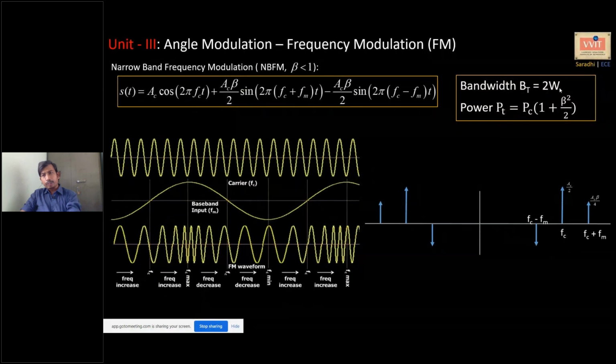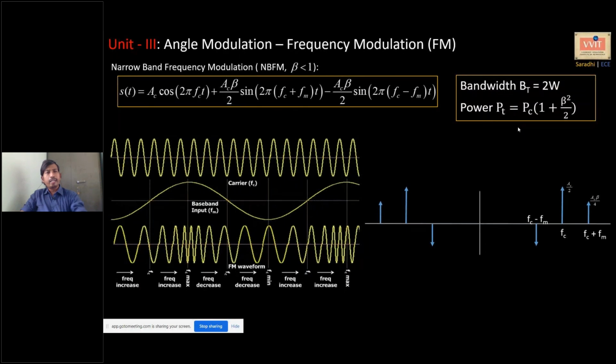Similarly, what is the transmission power required? The transmission power required is easily calculated, just remembering how we calculated it for AM. As we mentioned, this is exactly similar to the AM equation except for this difference. So the power calculation is also carried out in a similar fashion. PT equals PC into 1 plus, instead of mu we get beta here, because mu is the modulation index of AM and beta is the modulation index of FM. So these two essentially remain the same as those of AM. This narrowband FM is not used in practice.